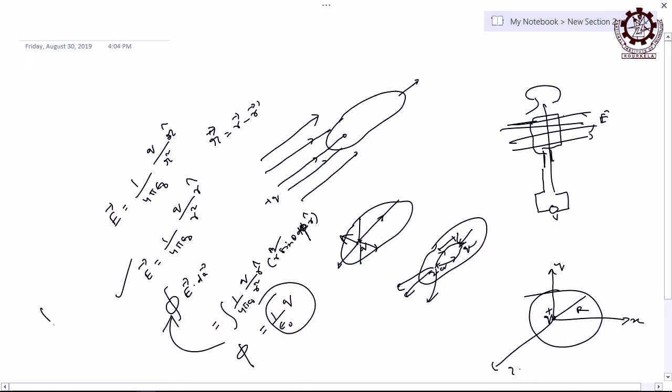There is a law called Stokes law, which I told you to read. It tells how you can convert a surface integration to a volume integration. So how can you write this form now? E dot dA can be written as the volume integration of the divergence of E times the volume element, that is the law that converts surface integration to volume integration.